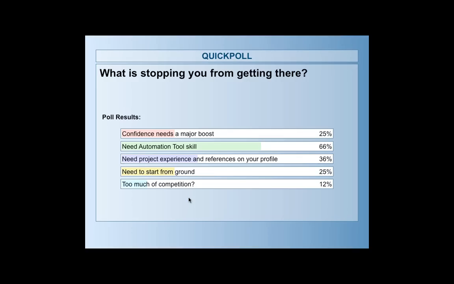Close poll. Share results. Now, while you look at what others have mentioned, and what you have chosen, I'm going to put that in here so you all can see it in the video as well. I've not yet given this document a specific name, but we will. All right, so 25% of you are saying that you need a major boost in confidence. I'm going to write these things down, all right? So we're talking about confidence. 66% is saying automation tool. I'll just say tool. Some specific skill that the market requires, and that's big.